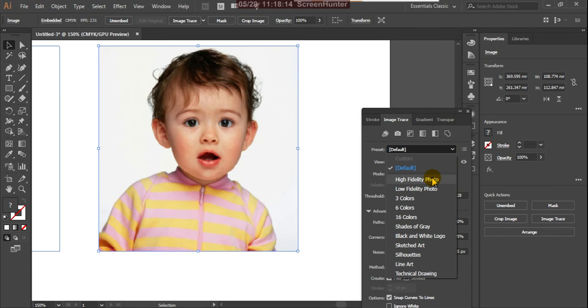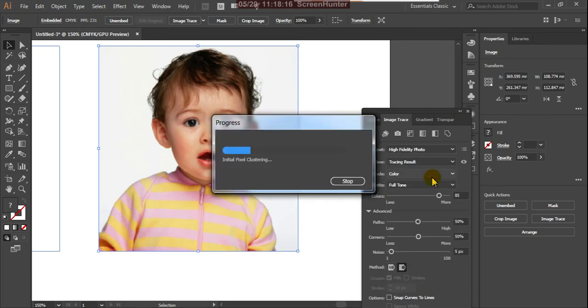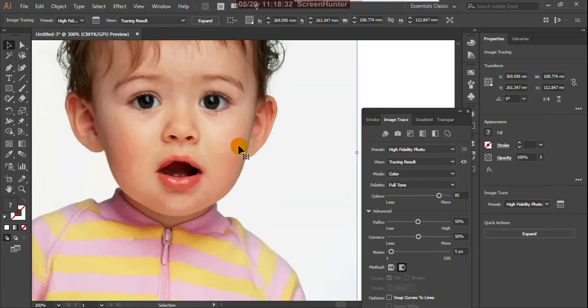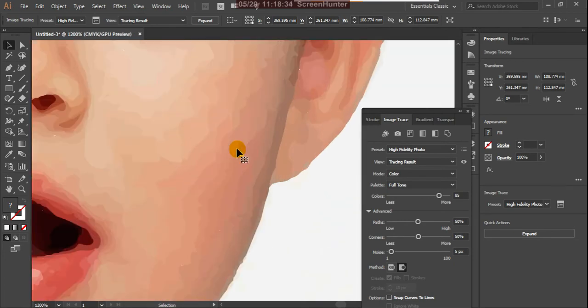high fidelity photo. By clicking that, your photograph looks like a realistic photo, but it can convert into vector. By adjusting these bars, see, this is excellent. This is more realistic.